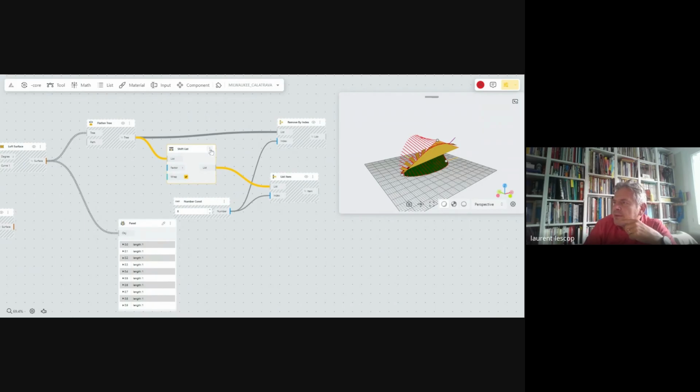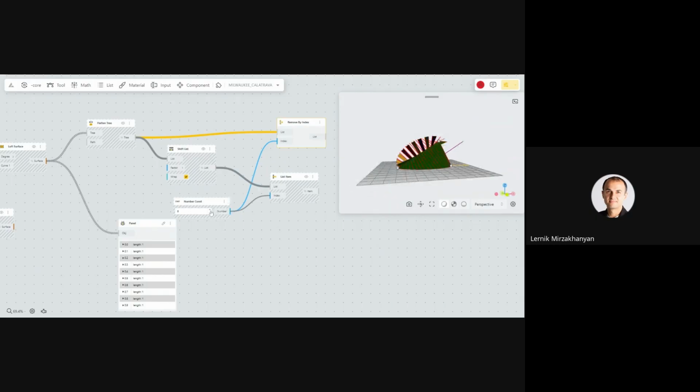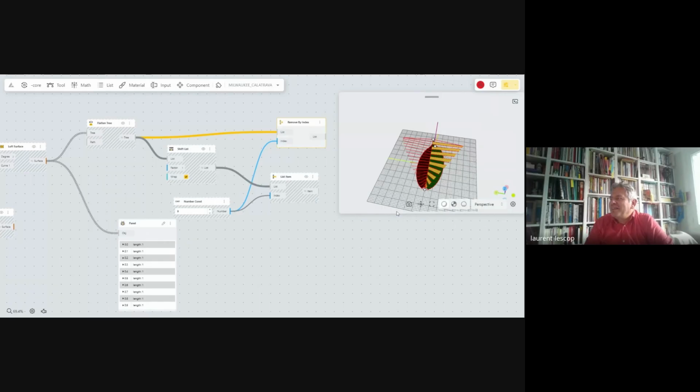Shift. Yeah. Remove. Pay attention that list item inputs shifted list, while remove by index, it's not a shifted list yet. Yeah. So okay, I've got it.